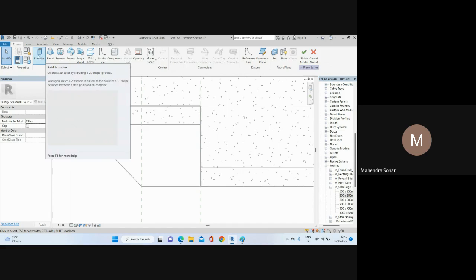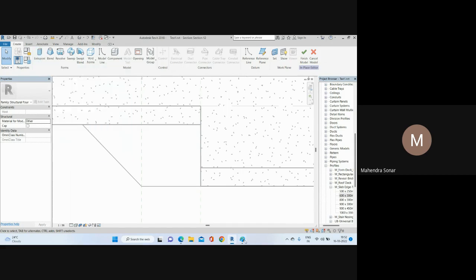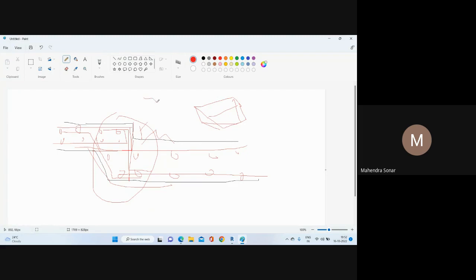So where can we use this extrusion? Suppose you want to add some shape like that, okay, like that. Suppose I want to